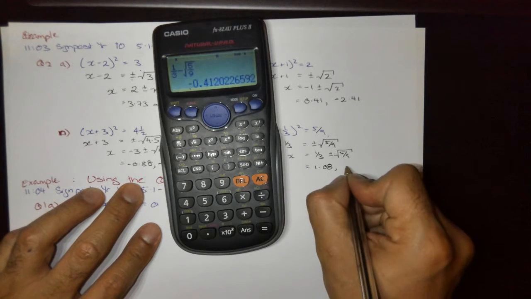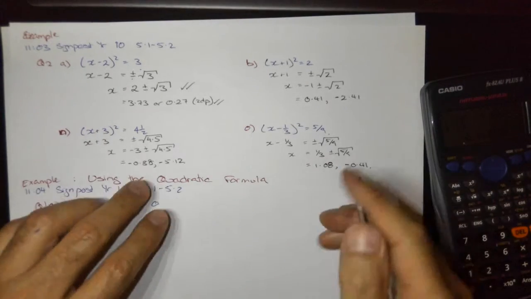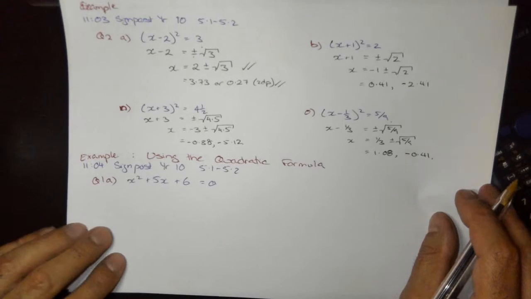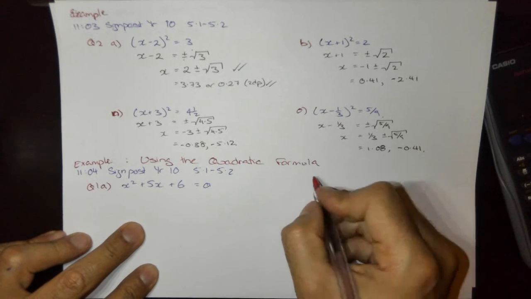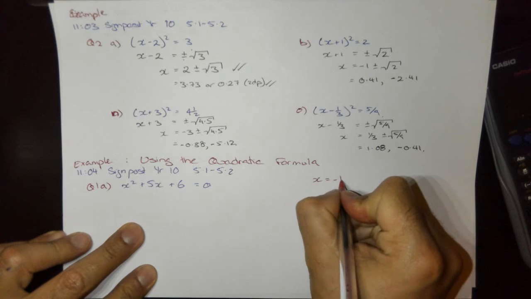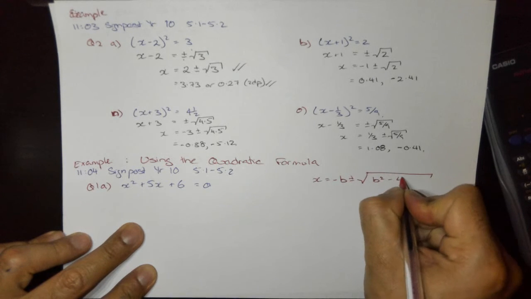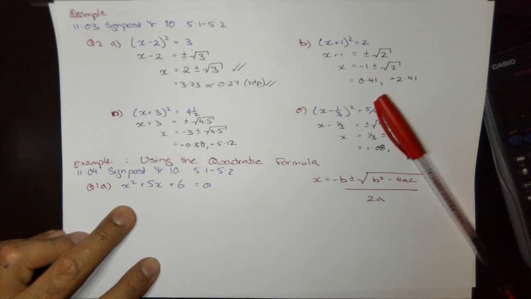Subtract it, minus 0.41. See how I'm getting two solutions for everything. Alright, an example of using the quadratic formula. Remember, the quadratic formula is x equals minus b plus or minus the square root of b squared minus 4ac over 2a. So using my colours,